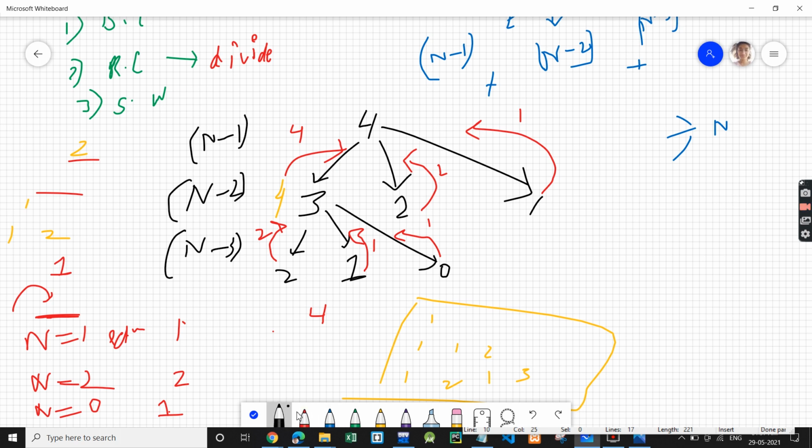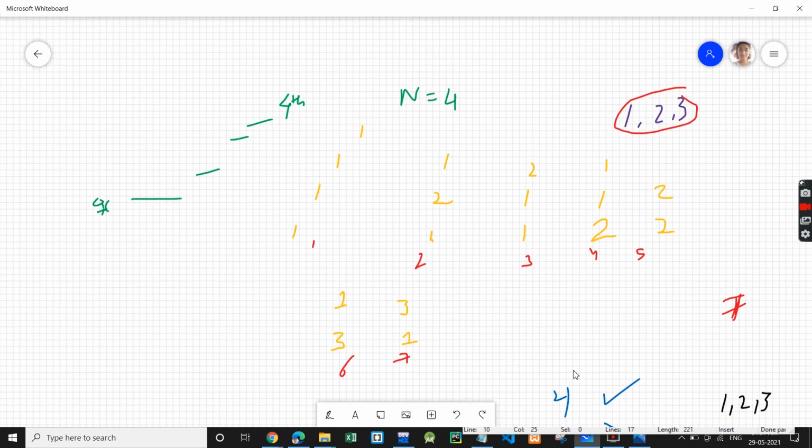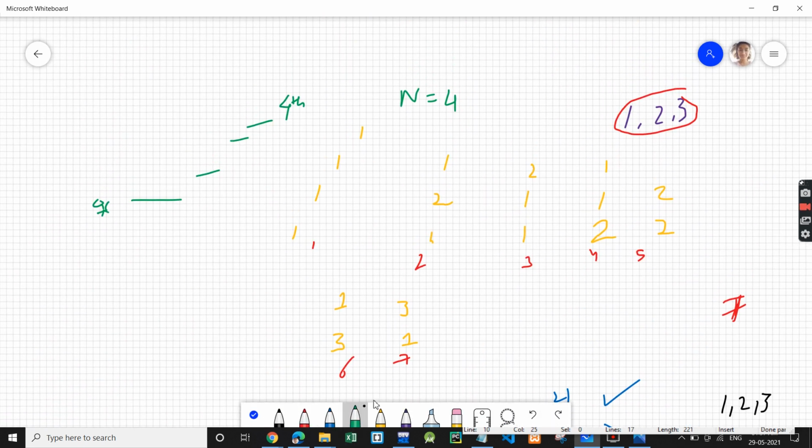So now we get results from all these. So 4 plus, we get 2 from this one, 2 plus 1 from this, 1. So 4 plus 2 plus 1, 7. So there are 7 ways to reach the fourth stair. And also we discussed that there were 7 ways, right? We discussed over here also that there were 7 ways to reach the fourth stair. 1, 2, 3, 4, 5, 6 and 7.